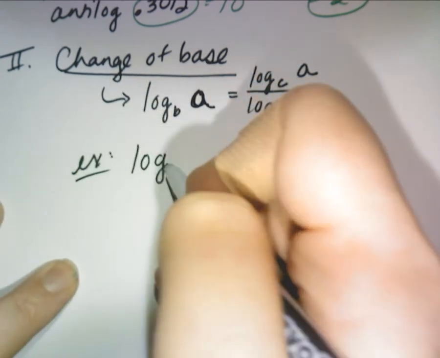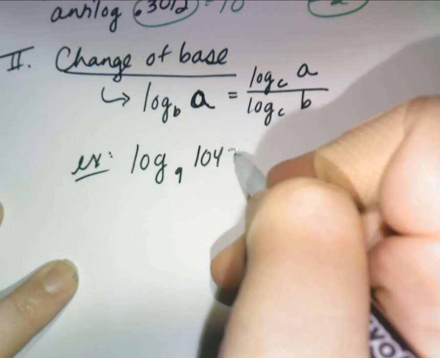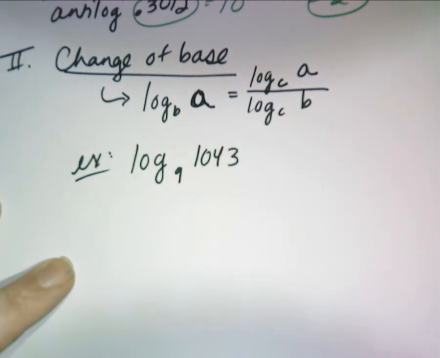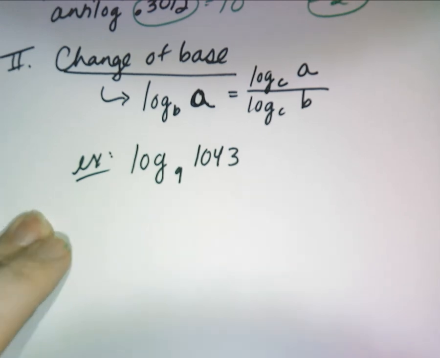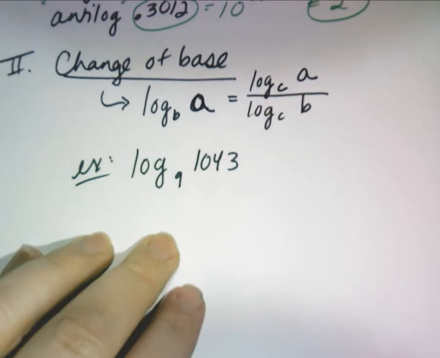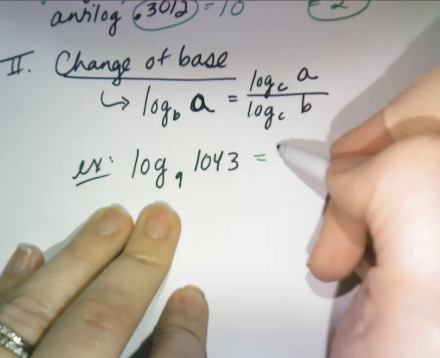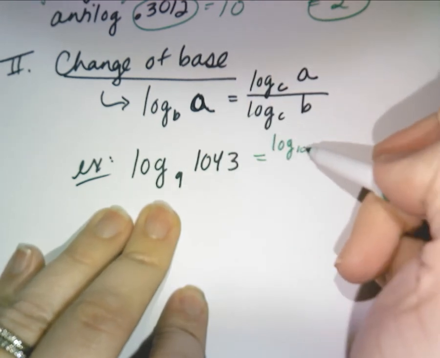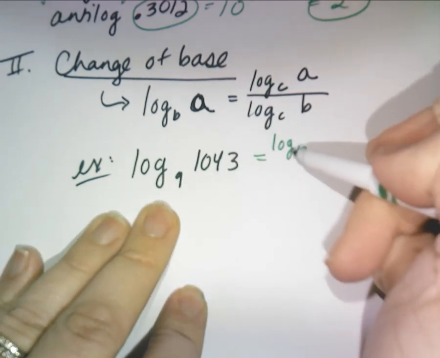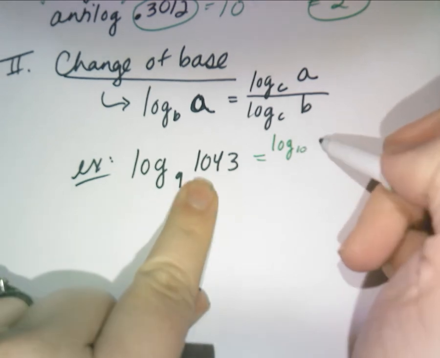If you had log base 9 of 1043, and they're like, okay, go ahead, figure that out without a calculator, without these precious calculators that you have, what you could do is say, okay, according to the change of base formula, think of having just a regular scientific calculator. You would write log base 10. Why base 10? Because most calculators have log base 10 of the big number